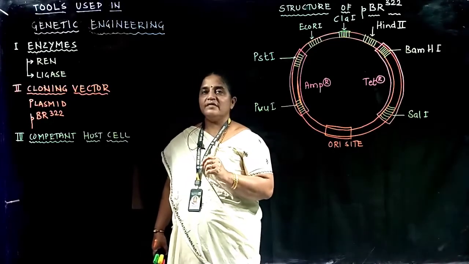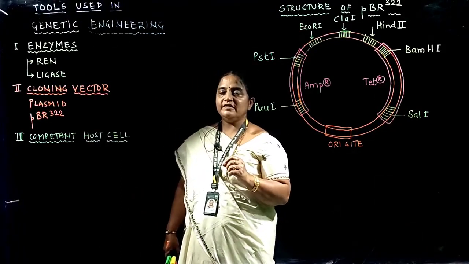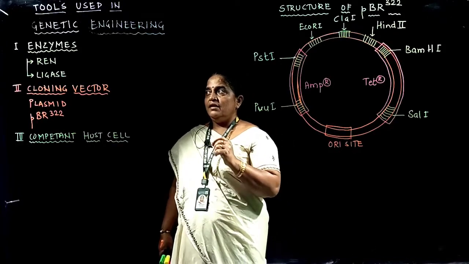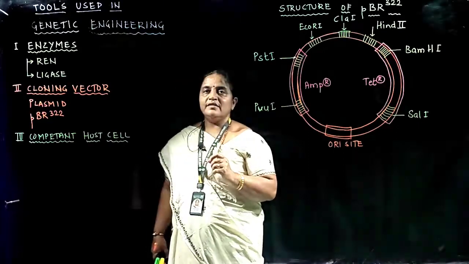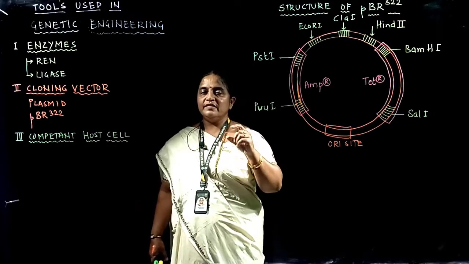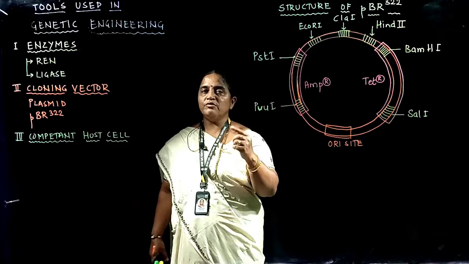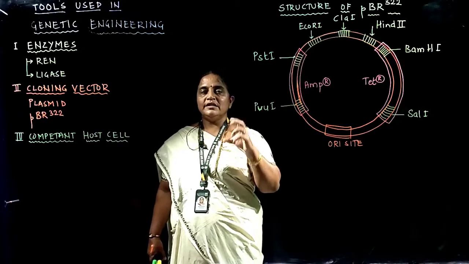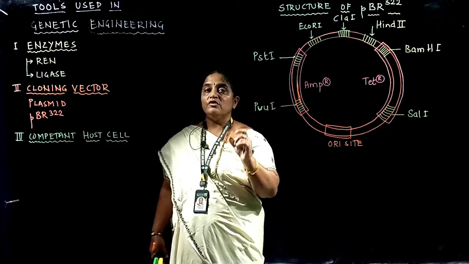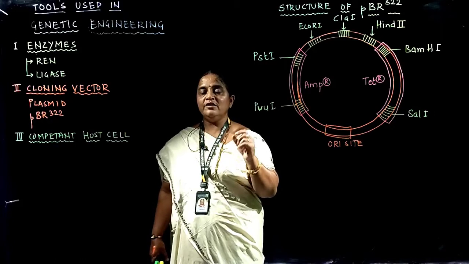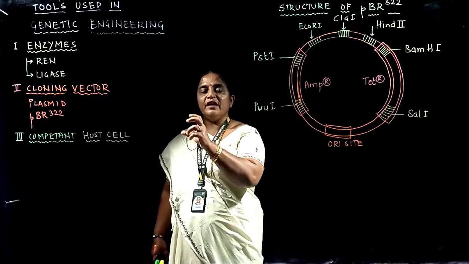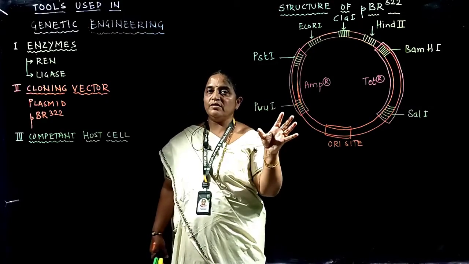Enzymes comprise REN, used as a molecular scissor, and ligase, used as a genetic or molecular stitcher. The first enzyme, REN, recognizes repetitive sequences where the nucleotides can be read in forward and backward direction and the arrangement remains the same. Such repetitive sequences are called palindromes. So the recognition area for REN on the DNA molecule is a palindrome. For a specific REN, a specific palindrome is known.